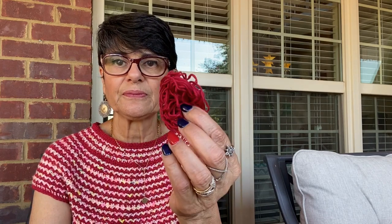So I used up 100 grams of the cotton, and this is what I have left. And the skein of wool, this is what I have left. Now, I could have used it completely because I could have done more rounds on the sleeve, as you notice. I could have done more rounds. And at the bottom to end it, I ended with this color, and I could have gone around again if I had wanted to. I could have made it longer to use up all of this wool, but I thought it was just right the way it was. So I left it like that, and so I do have a bit of a leftover,